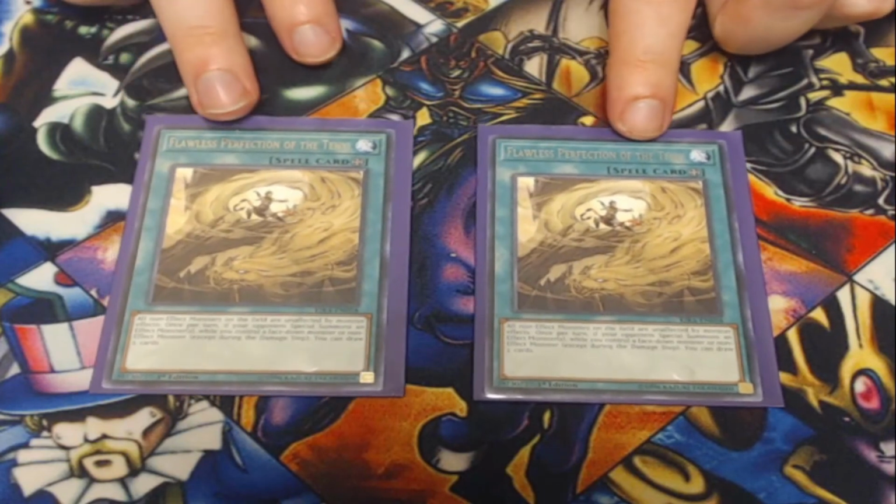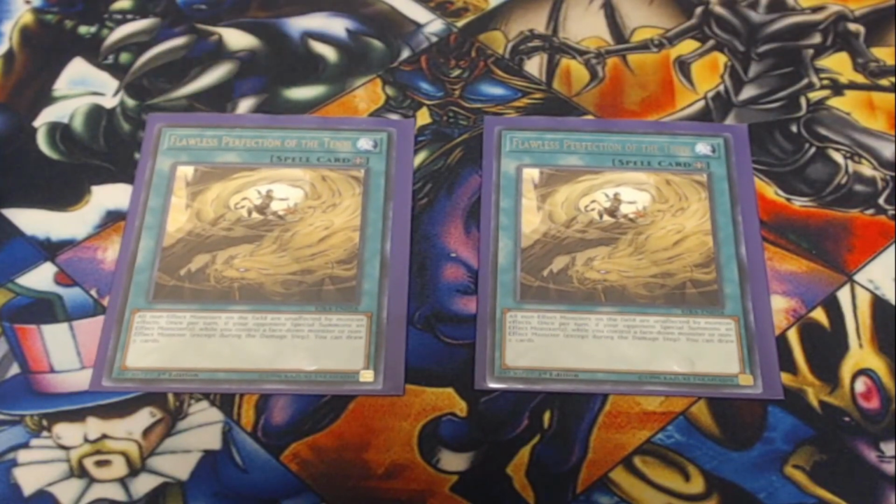Next up, I'm playing 2 copies of Flawless Perfection of the Tenyi. This is another card package that may be substituted for just general good support from, you know, Egyptian God structure decks or, you know, the Egyptian God field spell even. But Flawless Perfection of the Tenyi is a card that I quite like in Prediction Princess because we can't make much use of its all non-effect monsters on the field are unaffected by monster effects, but